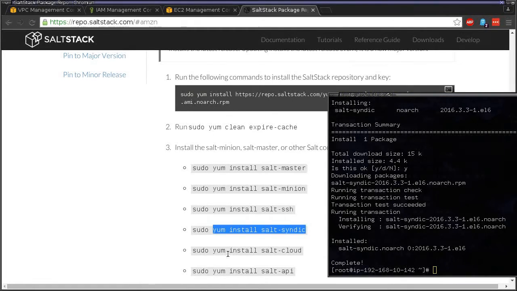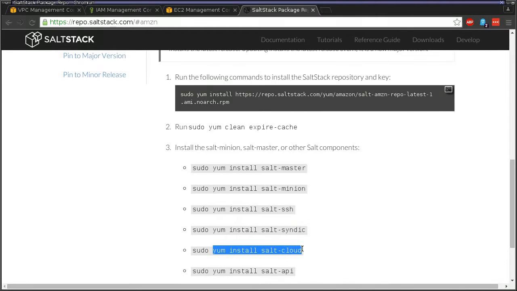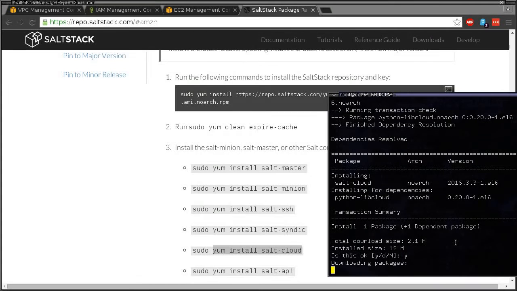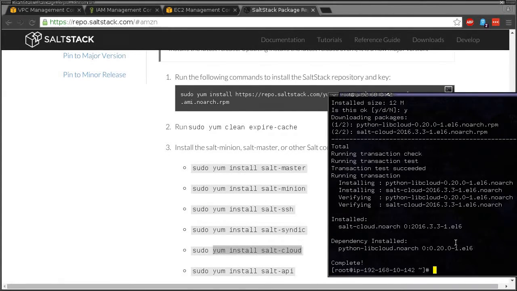Salt Cloud is definitely something you need. We will be using that. That allows us to interact with cloud services. So in our case it'll be Amazon, but you can connect to a bunch of different ones. There's a whole bunch of different cloud providers out there, and a lot of them are supported. So it's just a matter of configuring it to talk to the different ones. For the purposes of this video, it's only going to be Amazon Cloud,